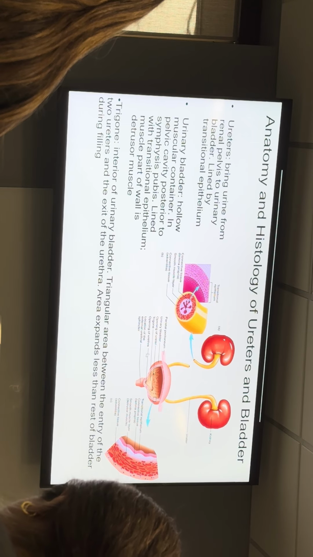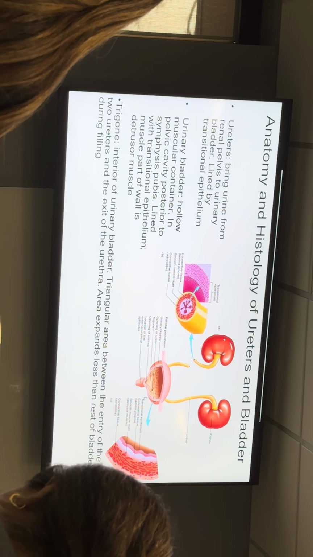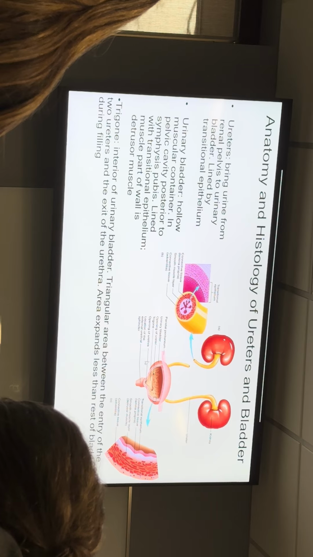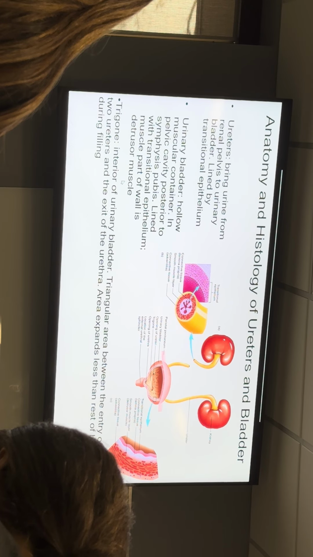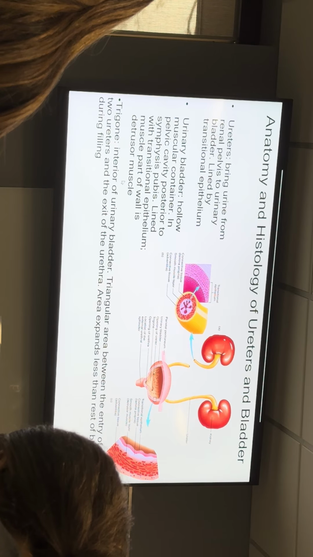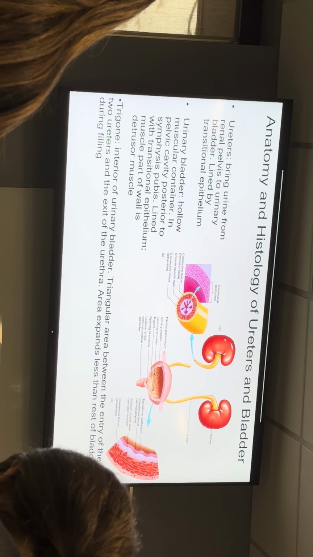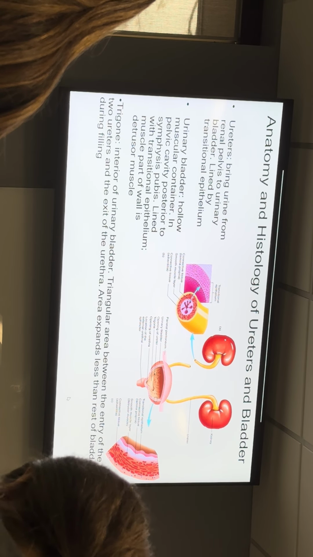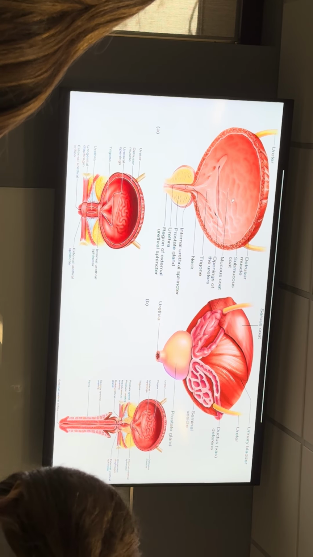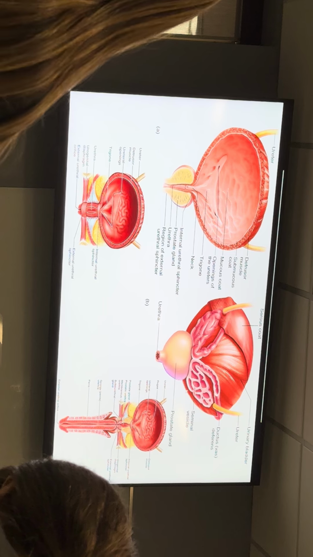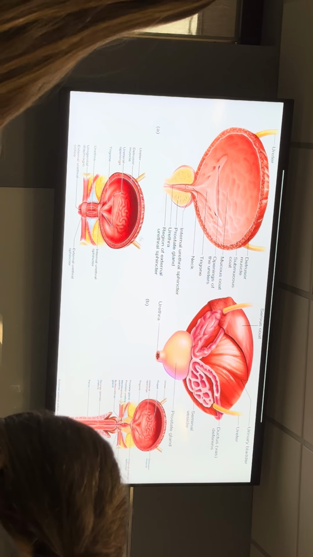Okay, and then your bladder on the outside has a muscle called the detrusor muscle, right here, the detrusor muscle. And that, when triggered, will contract and make you urinate. That's really it for the bladder, that's it anatomy-wise. So, these three are all male, and this is the female bladder.